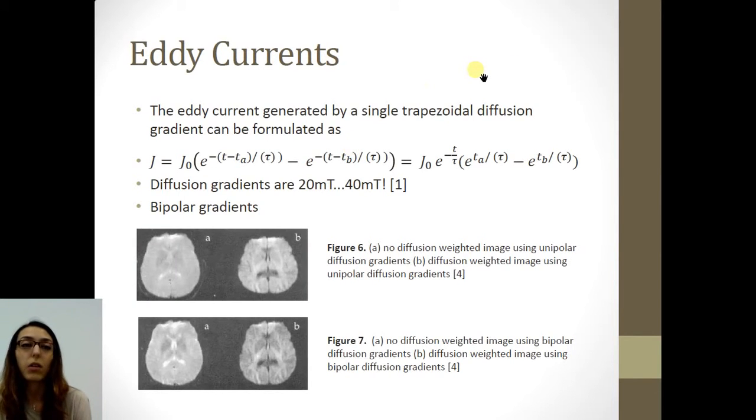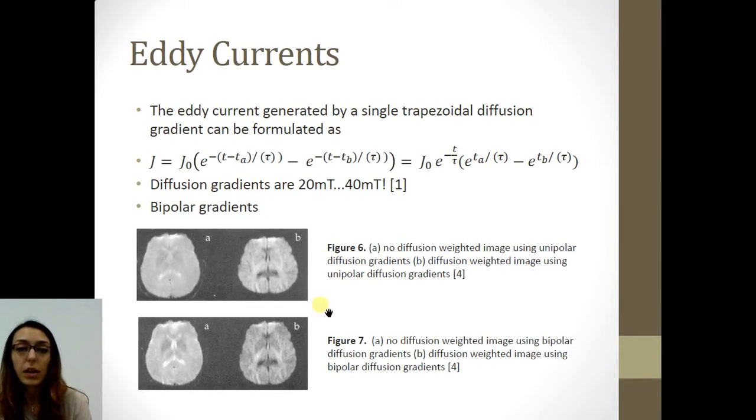Okay, so what is the eddy currents problem? This is also really severe in diffusion-weighted imaging because diffusion-weighted imaging uses the maximum gradient available in the scanner system, which is 20 millitesla to 40 millitesla. So they are really huge in magnitude. That's why the eddy current is a really severe problem. The eddy current generated by a single trapezoidal diffusion gradient can be formulated like this. And if, for example, we had two unipolar diffusion gradients in the system, then we will accumulate twice these eddy currents. That's why we have to use bipolar